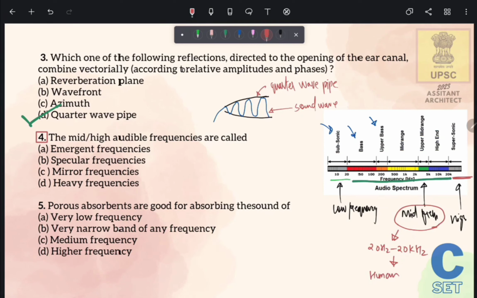Next question is, porous absorbents are good for absorbing the sound of. So porous absorbent means generally textiles, carpets,